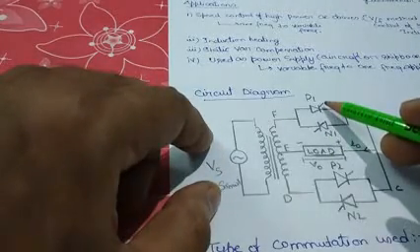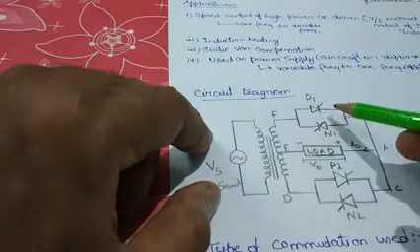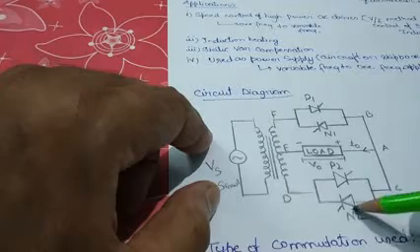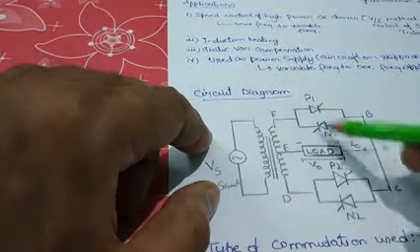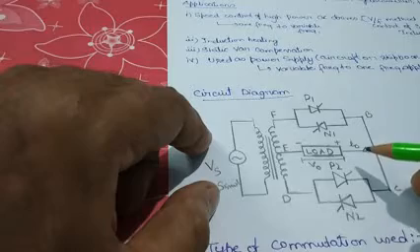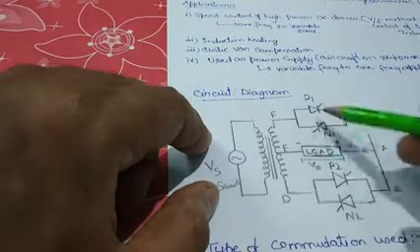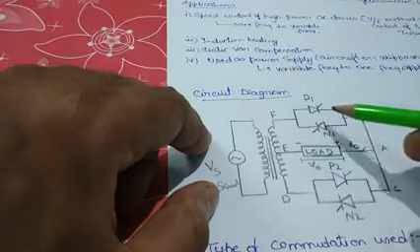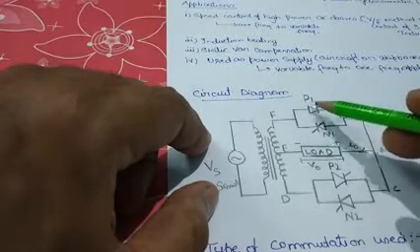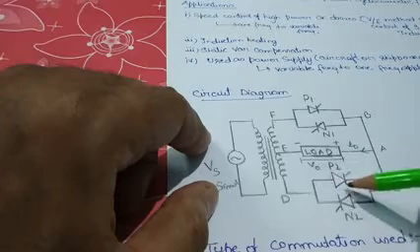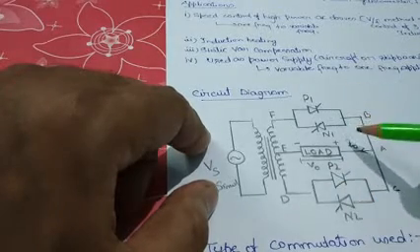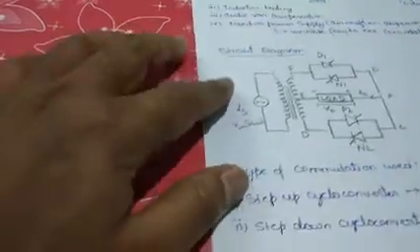We all know that this is a power circuit, and there is a control circuit connected to all the 4 thyristors. We can say that with the help of different types of processors or microcontrollers they are connected. And we all know that there will always be some protection circuit here. Okay, so let's start discussing